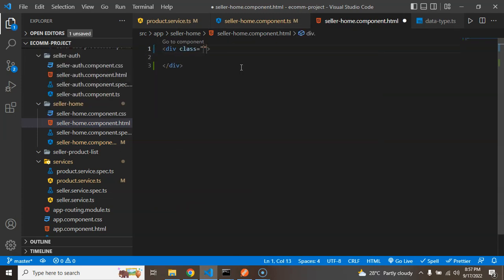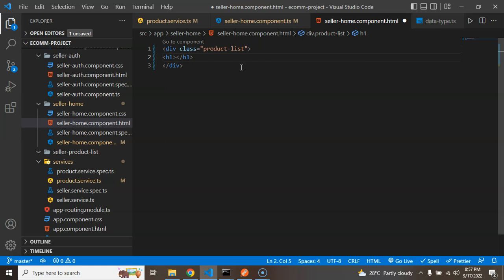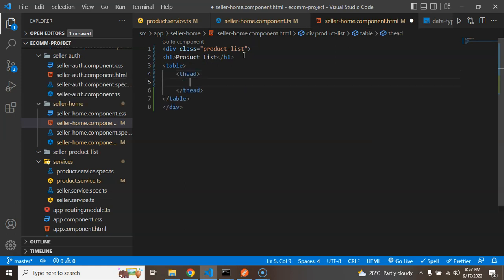We can put any class name also, like product list. After that we can add the h1 tag, let's say product list. And now let's add the table there, right? And in the table we have two parts, thead, and here we will just show the heading of the table, and tbody,